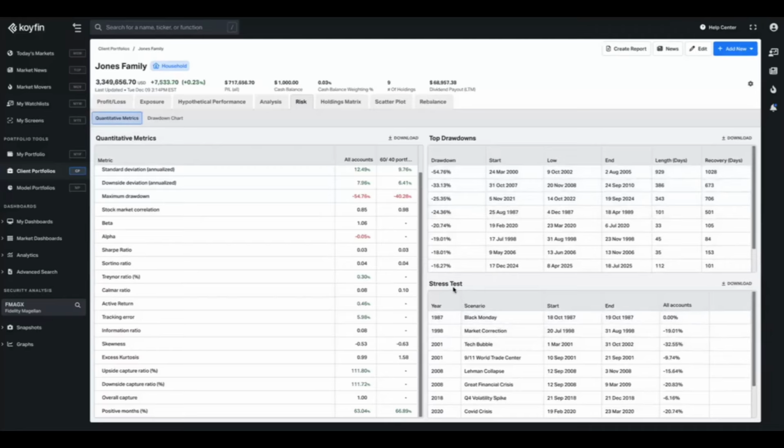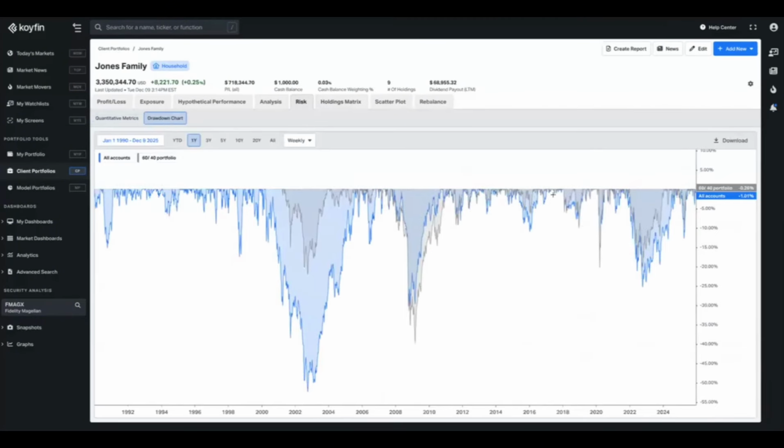And then looking at some of the stress tests. So looking at kind of like the different sell-offs in the market over the years and how did this portfolio do during that market sell-off. The other tabs here. And then related to that is the drawdown chart. So being able to see the drawdown versus the benchmark is another kind of risk tab that's pretty interesting and